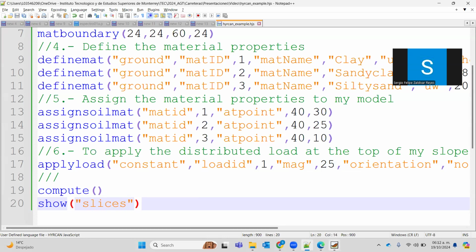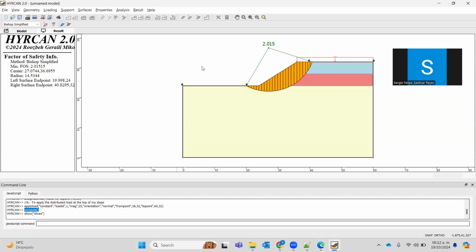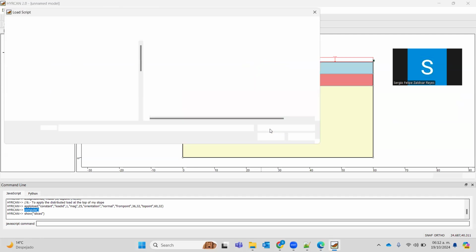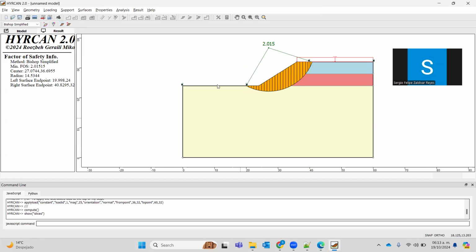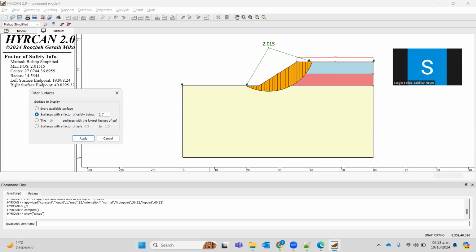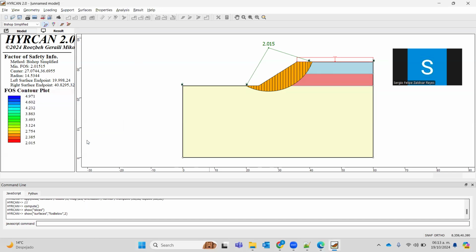Okay guys, so I'm going just to add this condition. Okay, so it's doing everything automatically. And you already have the results. So you don't need to worry about going into this menu. No, it's straightforward. Also, you can apply this surface with factor below to apply, and then just